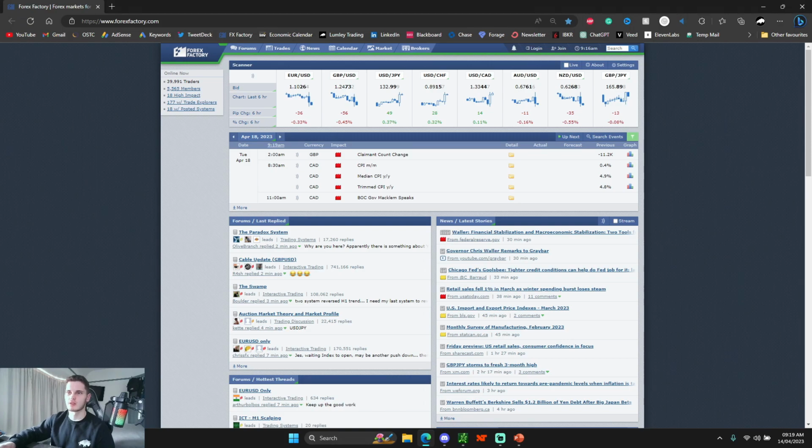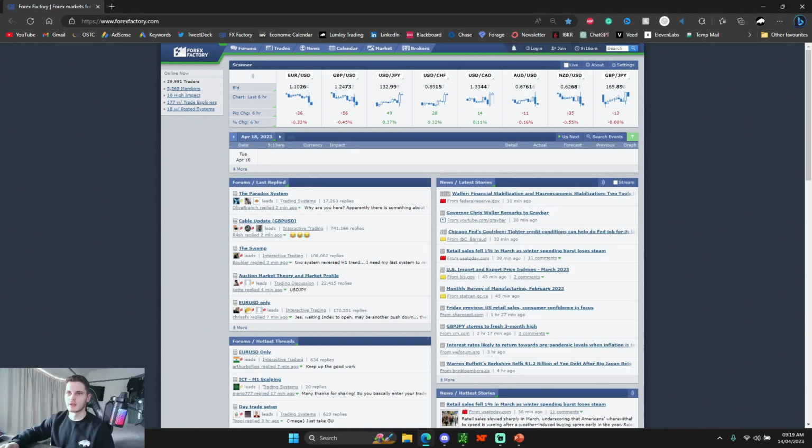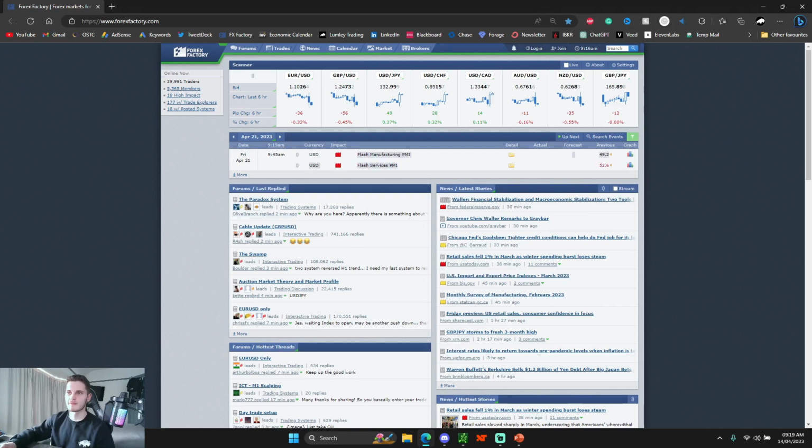What's happening the next day? You've got the CAD CPI, not really going to affect the US. You've got CAD data, English data, not going to affect it. What you could also do is turn all of these off apart from the US. Then you can see, okay, cool, on Monday you still have that Empire State. Tuesday, you've got nothing. Wednesday, nothing. Thursday, unemployment claims. Friday, flash PMI. Again, these are just things to note. If you don't have the big ones, like the ones we put on the slides before, if it's not one of those events, you'll probably be fine taking technical trades through them.